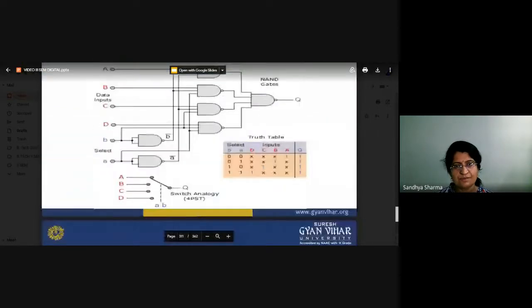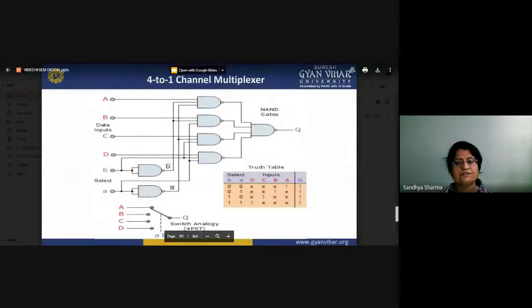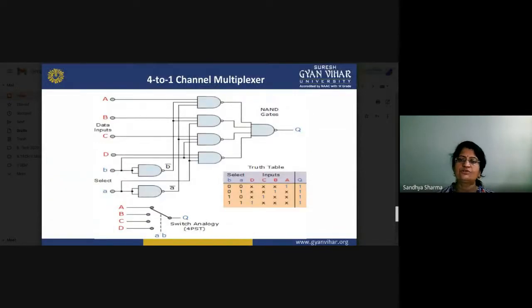So this is the basic block diagram using the gates. What about the select lines 0 0, 0 1, 1 0, 1 1, and you have A, B, C, D, meaning you have 4 input signals, and 1 input signal will be selected. That is basically based on the parameters.